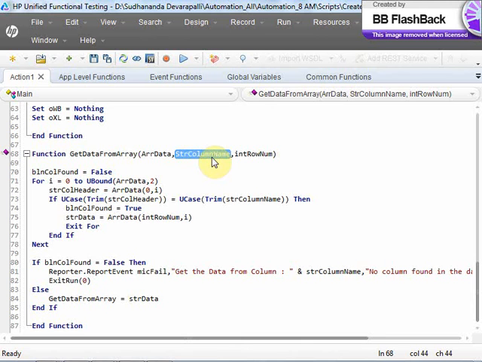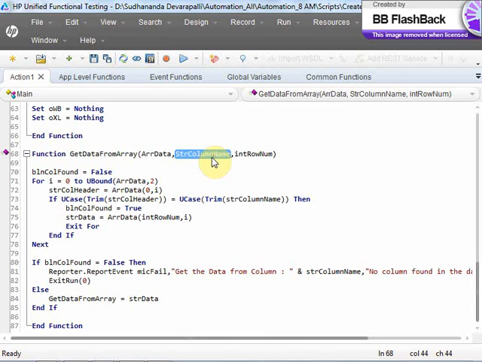So what I do is loop from the first column to the last column, retrieve the column headers one by one, and compare each header with your given column name. As soon as the column is found, that is, if any column matches the given column name,